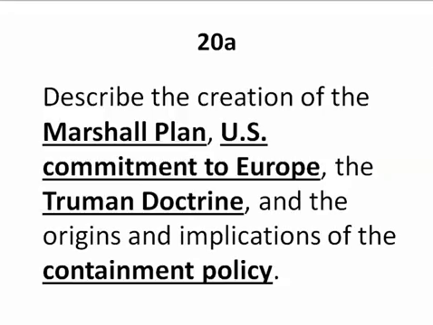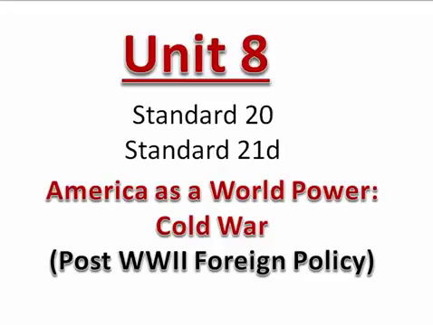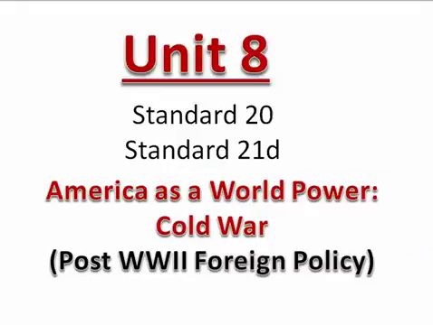All right, so here we are in Unit 8, preparation for the U.S. History End of Course test. Unit 8 is going to have all of Standard 20 in it, and Standard 21D is going to be in there. It's about Sputnik, the Soviet unmanned satellite. We'll talk about those. But the title here is America as a World Power, the Cold War, and this whole unit's about post-World War II foreign policy. Foreign policy, United States policies toward other nations. We're going to talk